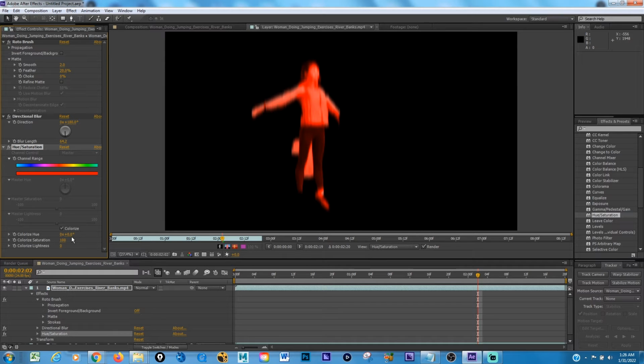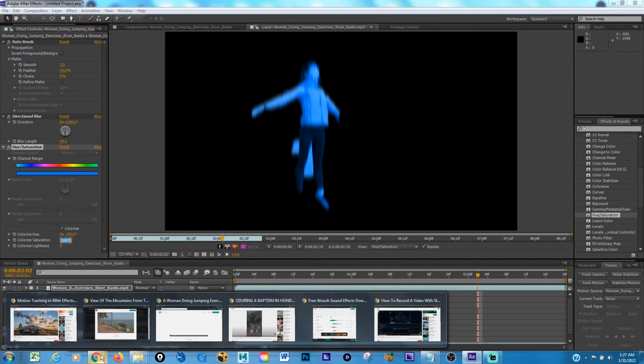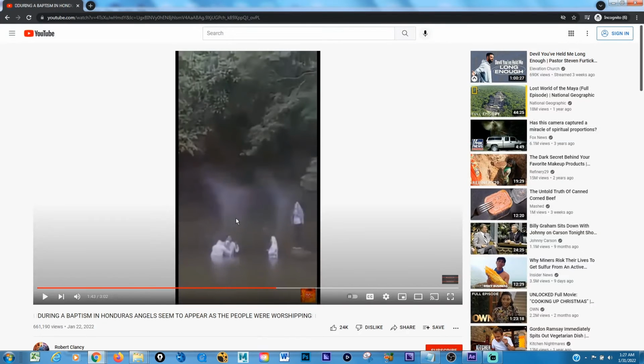Turn up saturation real quick, so I can find sort of a light blue. And then, right, the blurry effect, you can get that sort of foggy smoke appearance. But then if you notice, like in the video, they're sort of